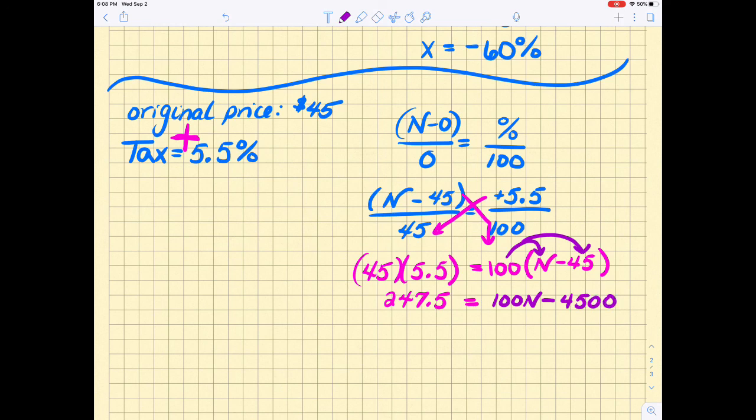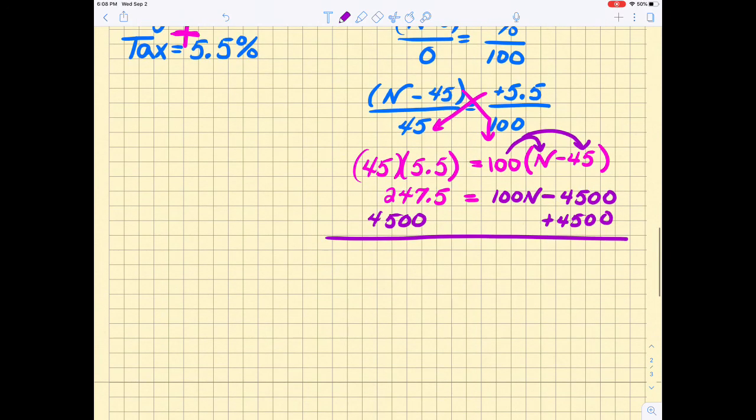Now this is a two-step equation. We always want to deal with the add/subtract first. We want to figure out what we can move first. So we're going to add 4,500 to both sides of this equation. N needs to get by itself, so that's what I'm going to do. So that gives us 4,747.5 on the left side, and we still have 100n on the right side. The negative 4,500 was canceled with the positive 4,500. That's why we did that. We're going to divide both sides by 100, and I got